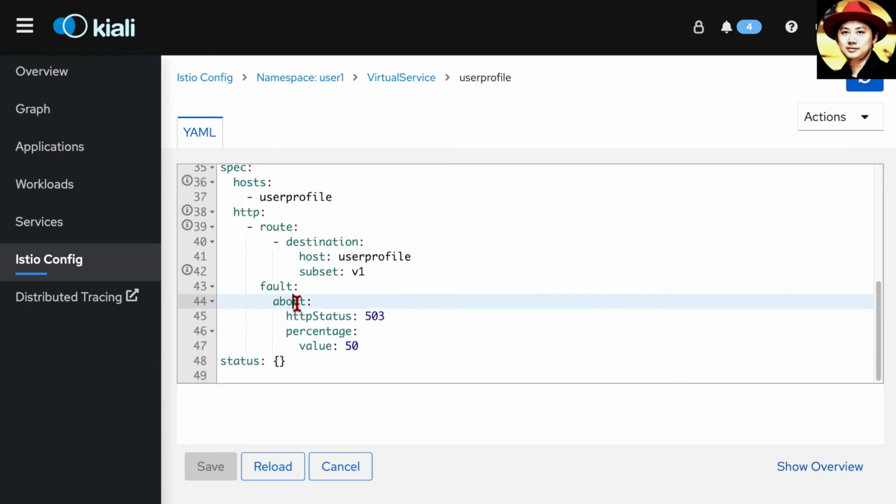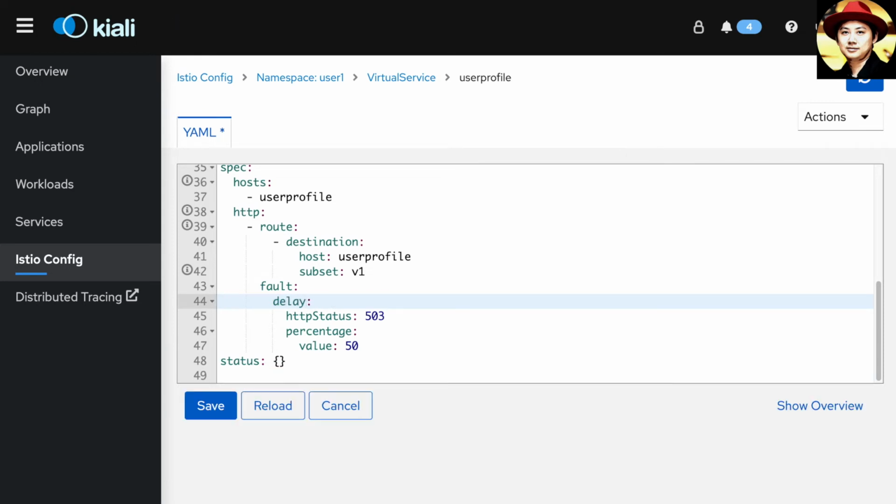Here, I'm going to change to delay and the fixed delay to be 5 seconds. This configuration tells service mesh to inject a 5-second delay into 50% of the traffic sent to the user profile service.